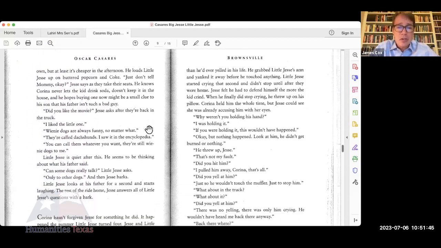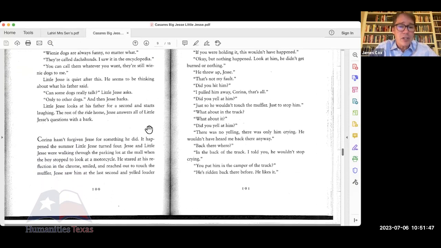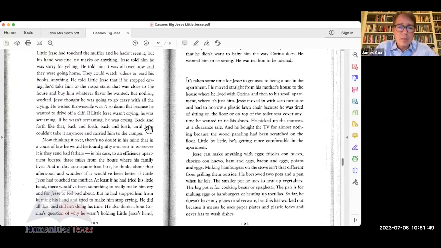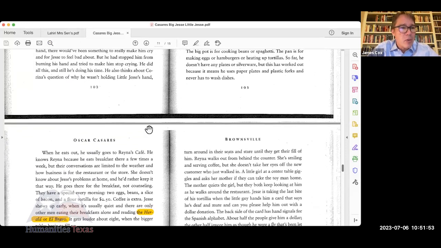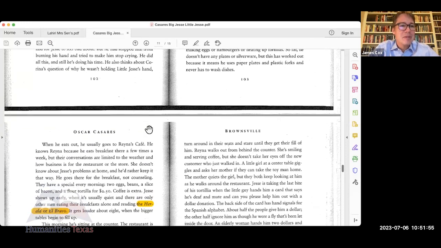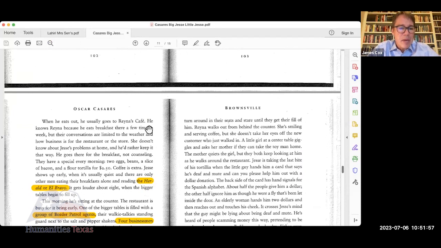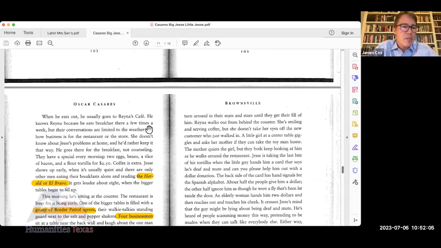And then there's not a lot more, actually. I'm going to keep scrolling through it. He mentions the Herald and El Bravo, Brownsville periodicals. He mentions sitting at a table at, this is Reina's Cafe. He's got a group of Border Patrol agents there with their walkie-talkies. He also mentions 4 businessmen, which I actually highlighted, because